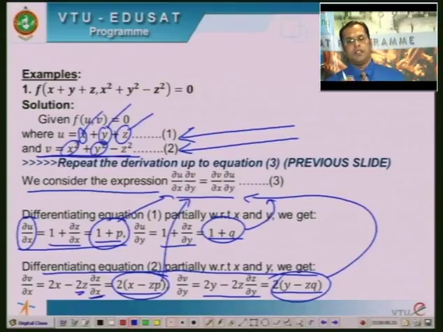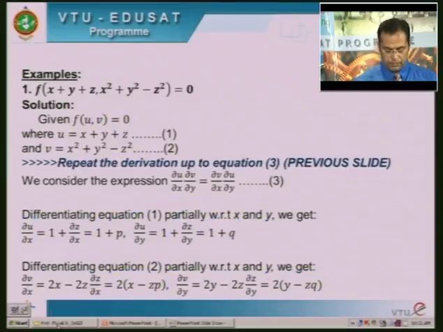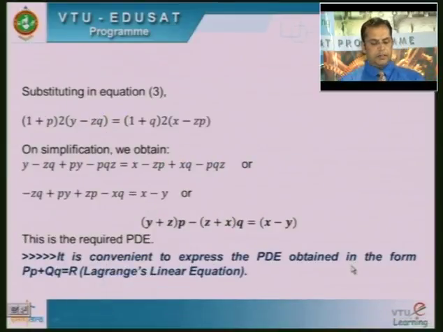Let me remind you, friends, the derivation should be shown. You should show how you arrive at equation 3. So, substituting these expressions in equation 3, you get